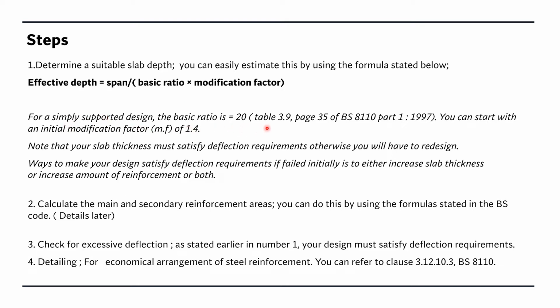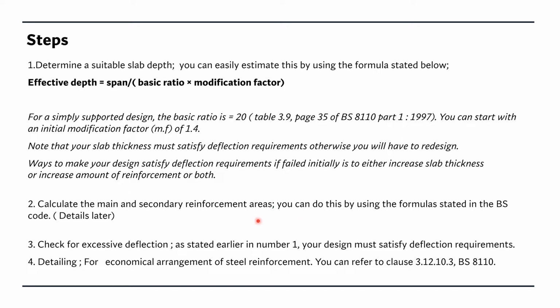You can find this in Table 3.9, page 35 of BS8110 Part 1, 1997. This book is available through a link in the video's description. You can start with an initial modification factor of 1.4. Note that your slab thickness must satisfy deflection requirements, otherwise you will have to redesign. Ways to make your design satisfy deflection requirements if failed initially is either to increase slab thickness or increase amount